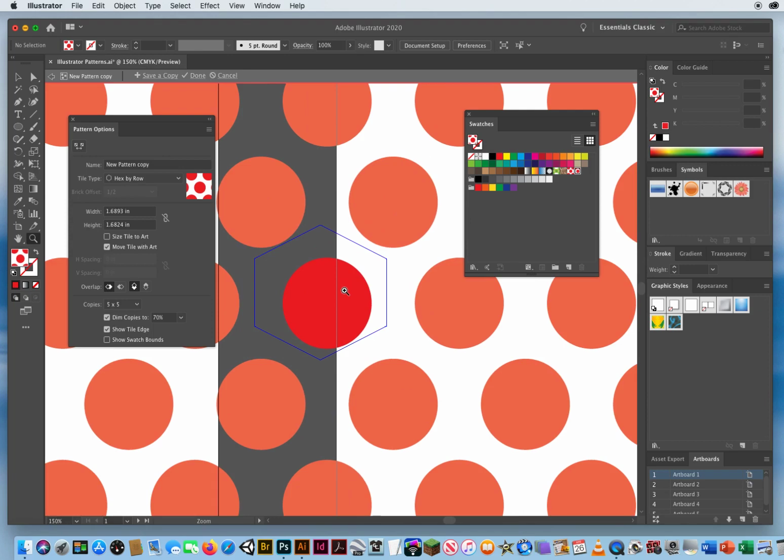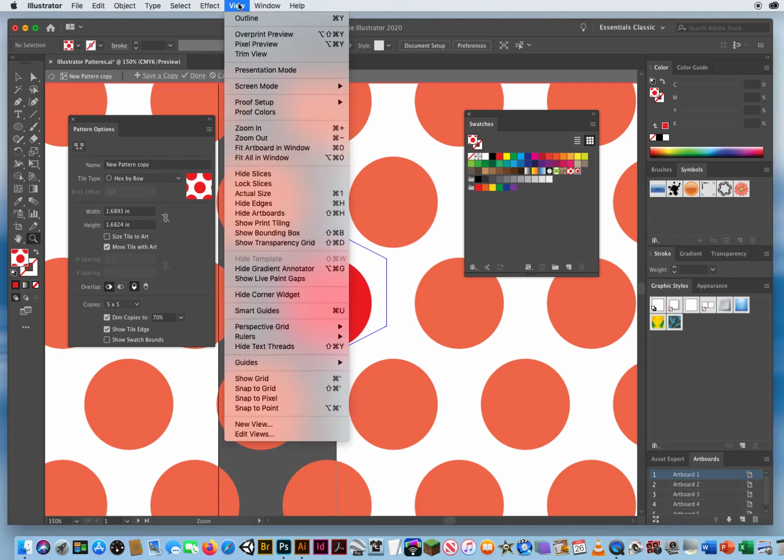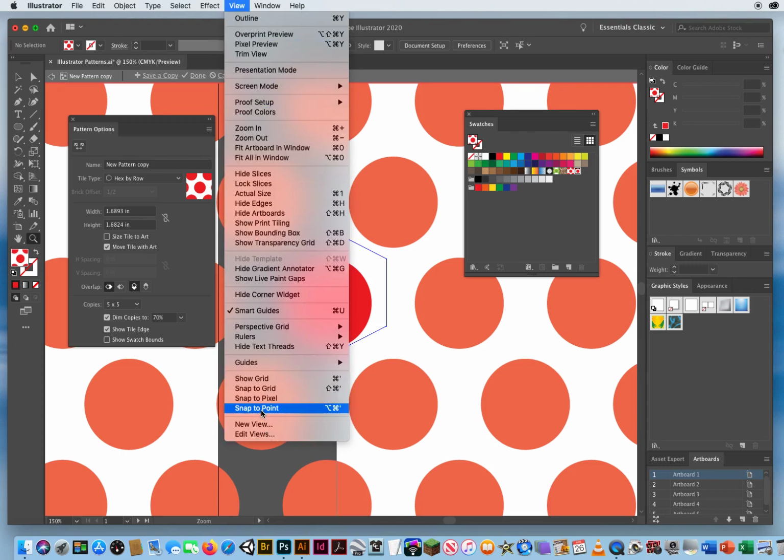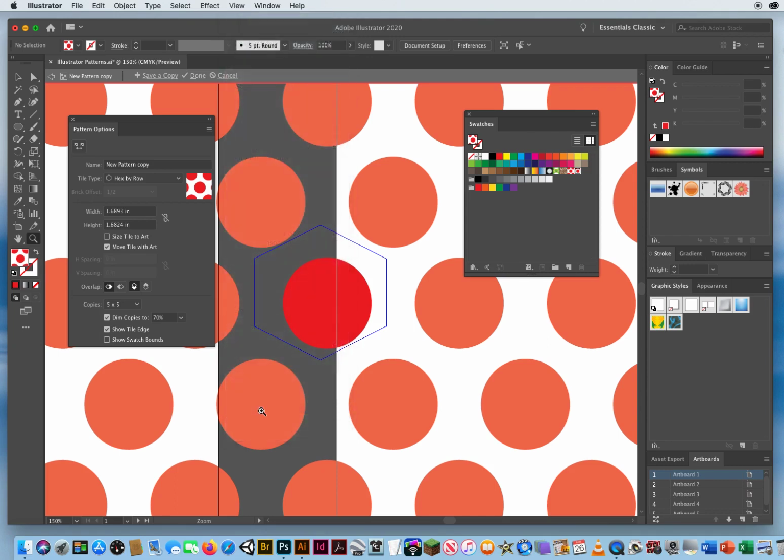And what I'm going to do is stack a series of circles on top of each other. So in order to do that, I'm going to go to View, Smart Guides, View, Snap to Point. Now with my black arrow, I click on this red circle and I'm going to pick the darkest red right there. Okay, what I do is go to my ellipse tool,